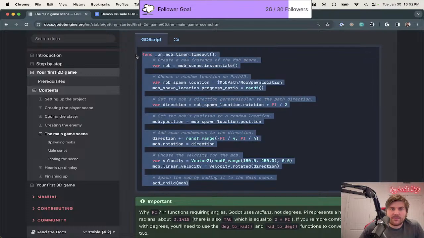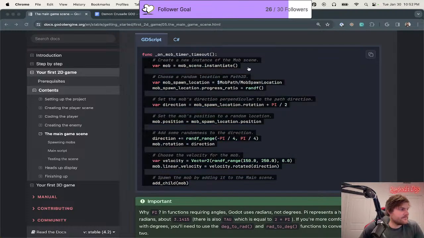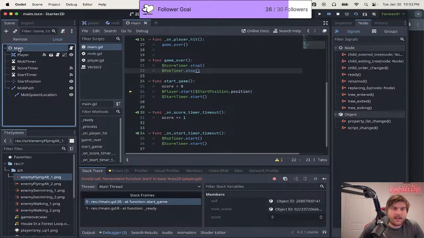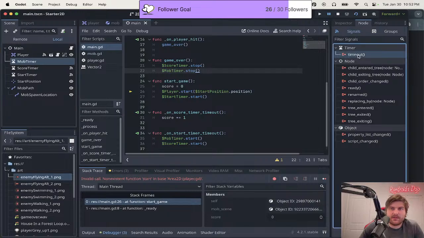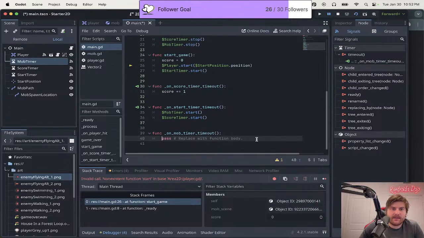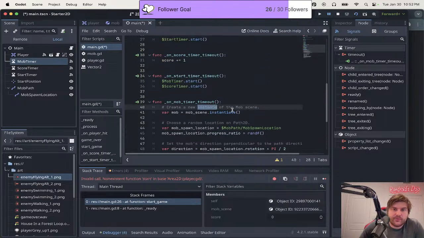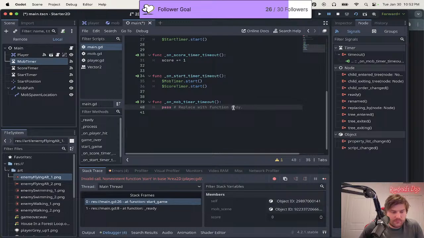All right, I am going to copy this because it's late, but I'm going to read it. So this was in on mob timer timeout. So I need to do timeout, add that, and then we can paste this. Okay, let's read it. So create a new instance of the